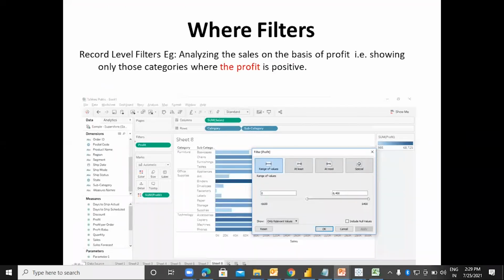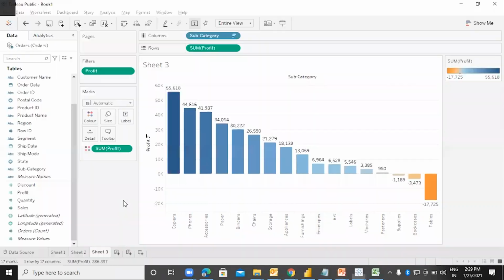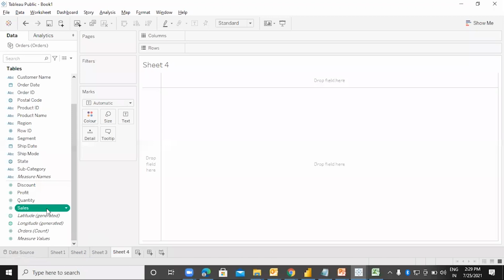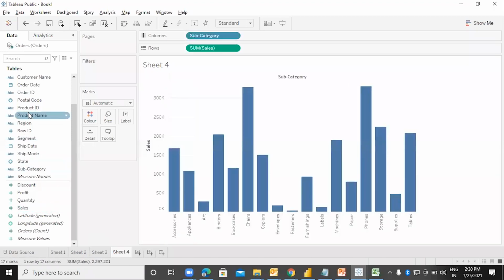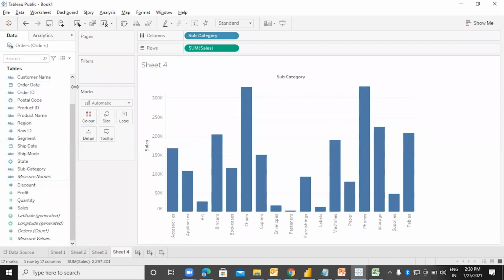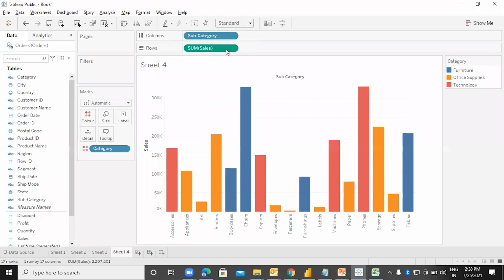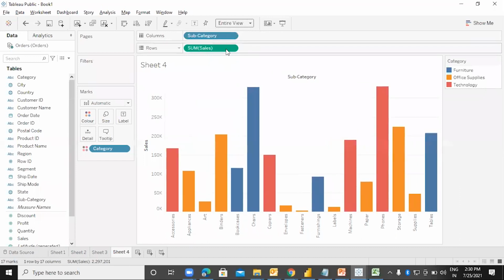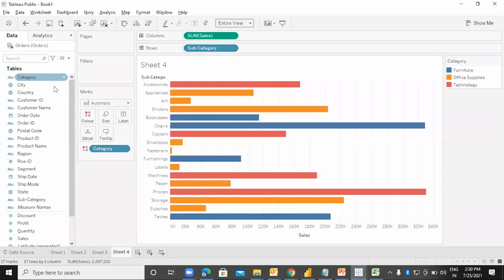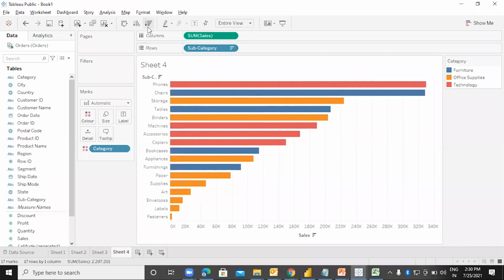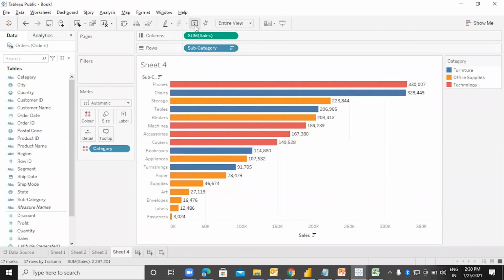Okay, then we have something very important over here, and let's take one scenario. Let me take the sales on the basis of subcategory and put the category into the color, and let's make it as an entire view, and let me take it as a horizontal bar chart, and let's sort it. And if you want, I can display the label as well.